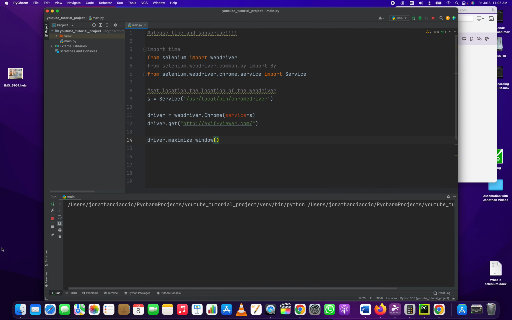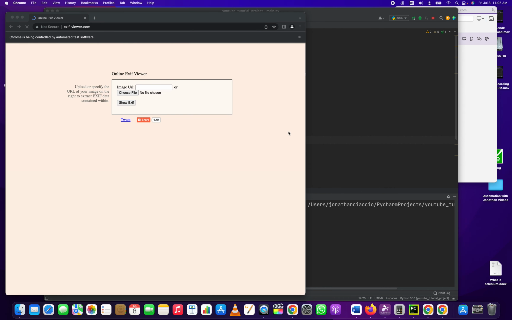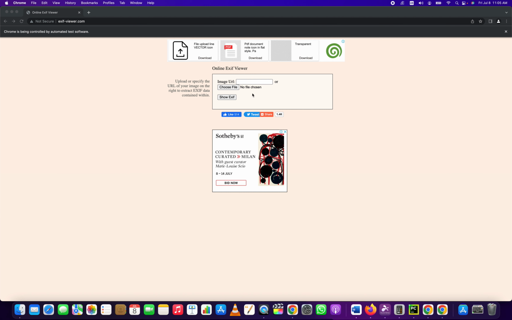and press play. You can see it opens up. It's not maximized yet, and now it's maximized. So there you have it, everybody. In under 1 minute, that's how to maximize the browser window using